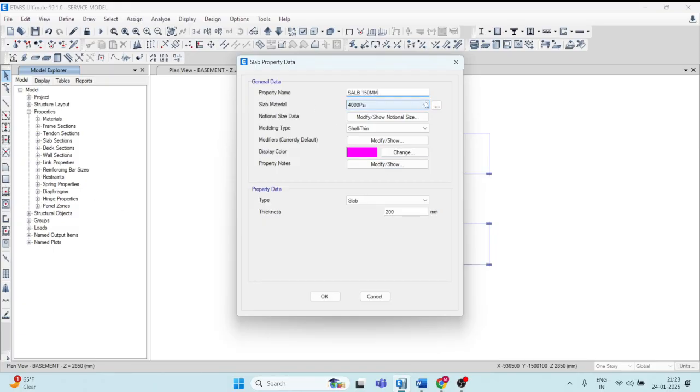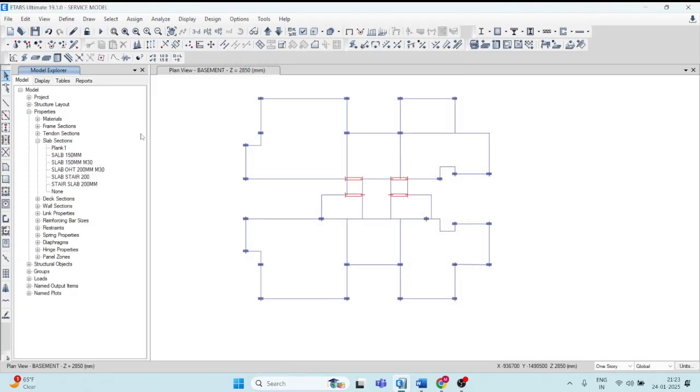Slab material. Which type of concrete are you going to use in the construction of slab? We generally use M30 grade of concrete in the case of slab. So just click here M30. Rest of the things are as usual. Here it's asking the thickness, type is slab, and how much thickness. So write here 150 mm thickness and just click OK. After clicking OK, see, this is your slab.